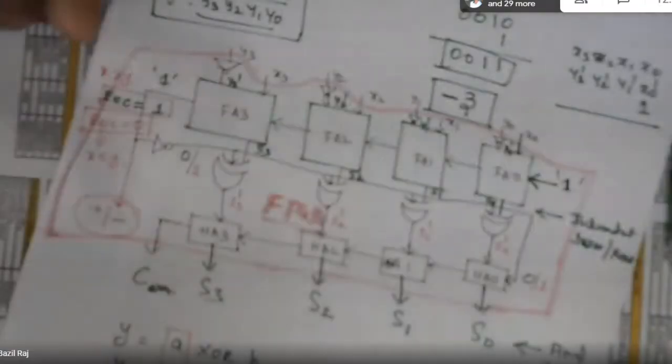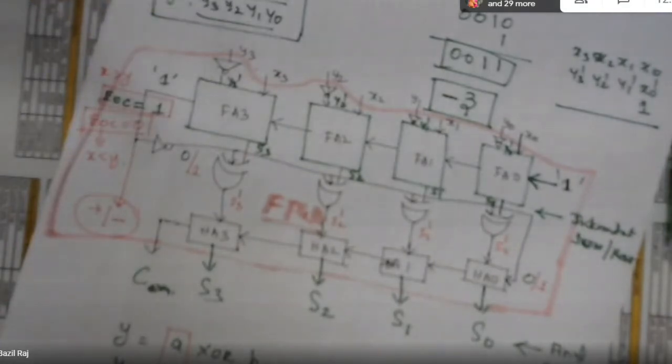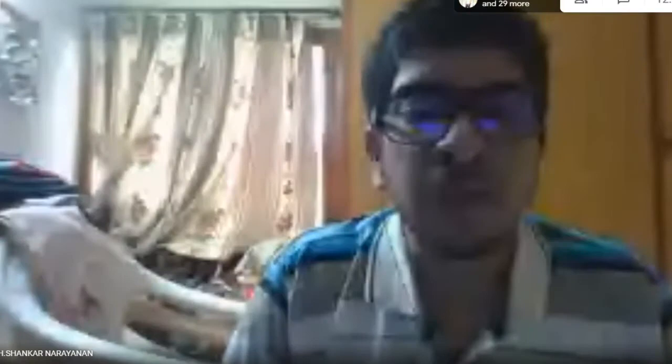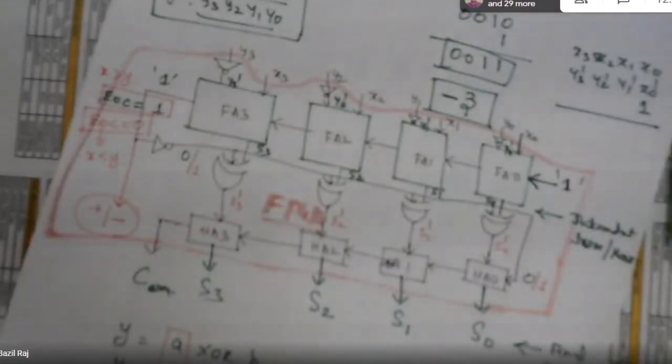Now I will ask you your question like this. You asked me what is the maximum number of bits we can apply into the FPGA for addition and subtraction? Sir, 4 bits. No. Are you asking me this question or what? No, I'm asking, sir, if you want to compute the maximum delay, then what should be the input combination? 128 bits.